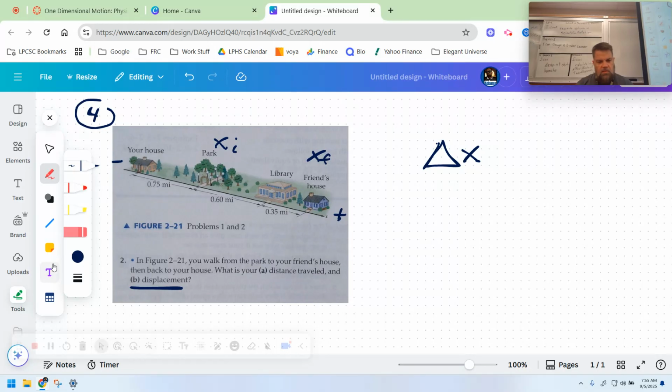You walk from the park to your friend's house. I think the answer key might be wrong on that one. Let me just double check. So remember that delta x is going to be x sub f. Yes? Wouldn't your house be the final position? Because you have to walk back to your house. You could do it that way. You walk to and then back to your house. Oh, I see what you're saying. You are correct. All right, that makes more sense now. I misread it. So